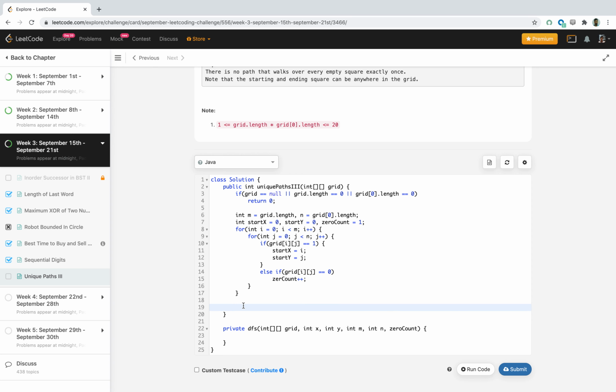From here we'll just call and return the count. So we'll pass the grid, x is the start x, y is the start y, m, n, and zero count.